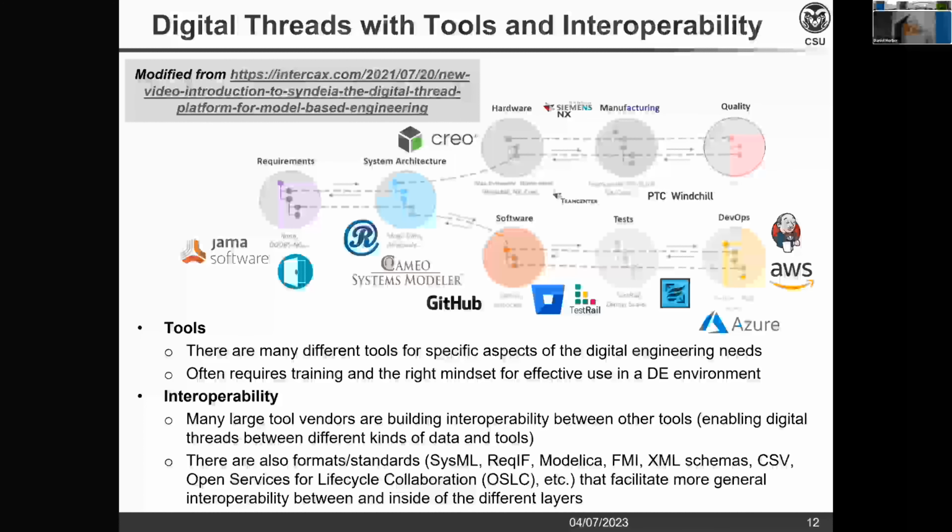Things like SysML or ReqIF, Modelica, FMI, XML schemas, CSV, OSLC, all these different standards. A lot of their goals is to support the creation of a standardized way to communicate between the different tools, which will enable digital threads to be created more readily, rather than having to make custom solutions for each individual interaction that you may want.